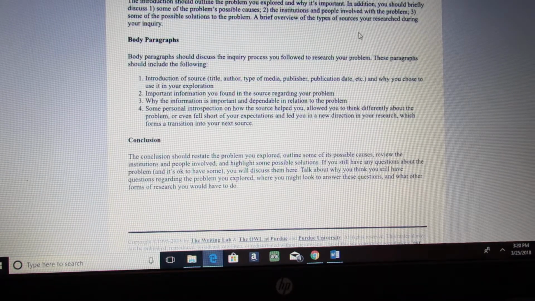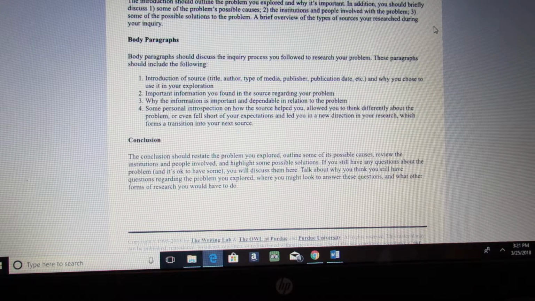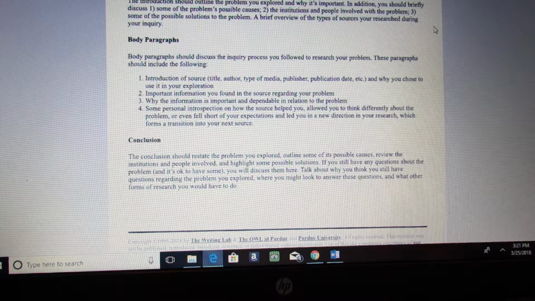You're going to talk about the type of sources that you research during this exploratory process that you've been following. So whether it's scholarly journals, websites, books, any sorts of things that you have used, you should mention them here in the introduction. Each body paragraph should discuss one source that you have used in your exploration up until this